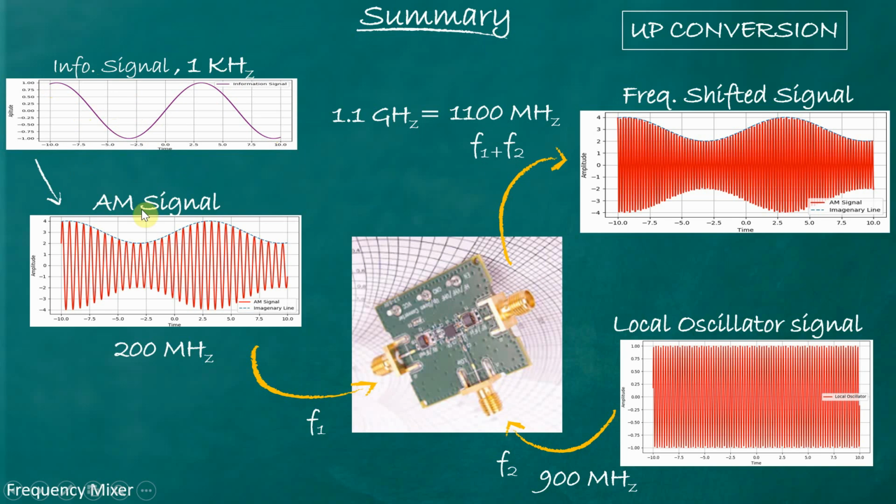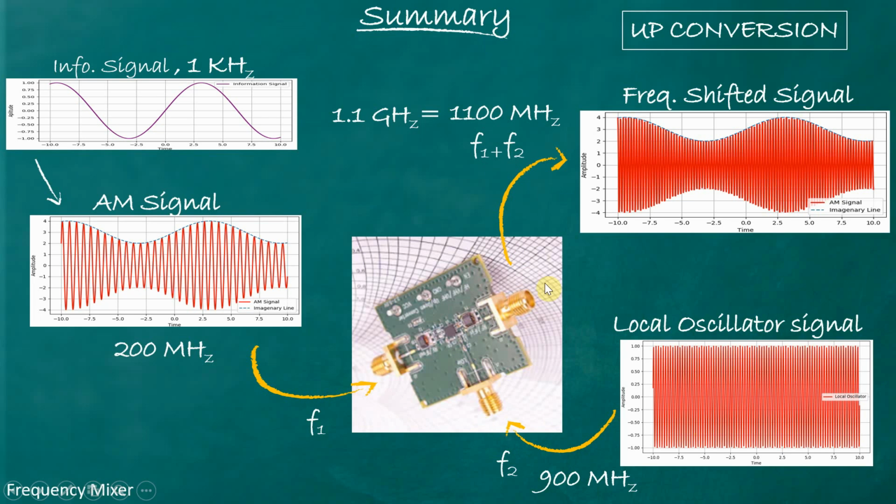So here the modulating signal is converted into an amplitude modulated signal. But for space wave communication, this frequency is not enough, because we need to translate this megahertz frequency into gigahertz frequency. So we have to use a mixer circuit. Here a practical mixer circuit module is given. This modulated signal would be one frequency component f1, and another frequency component f2 we have to choose. For that we need to use local oscillator circuits. What an oscillator is, we'll discuss later on. But here one frequency component is f1, another is f2.